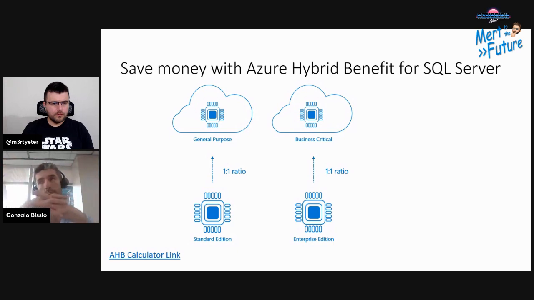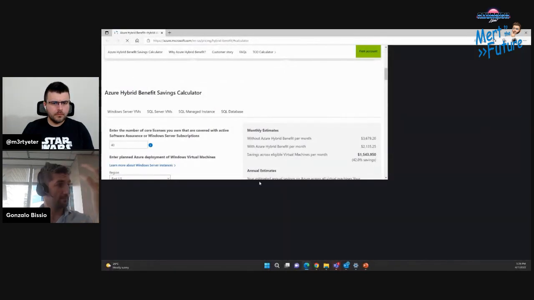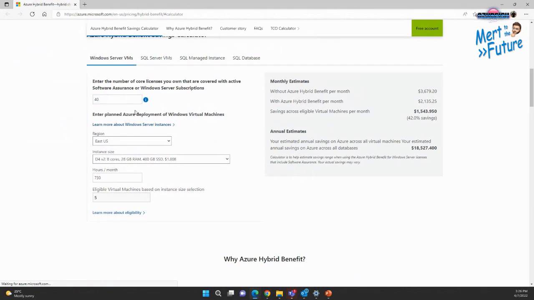What can we do? Well, there is an Azure Hybrid Benefit calculator. As you can see the ratio here, let's say that you are going to use 4 vCores in general purpose. But in order to apply this benefit, what do I need? Well, here, as you can see, is the link. Let me see if I can open it so I can show you live. Yes, it's here. So here you will say, okay, I'm going to create my Azure SQL MI in East US,